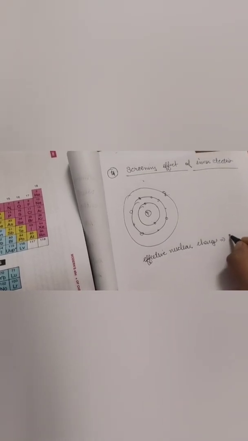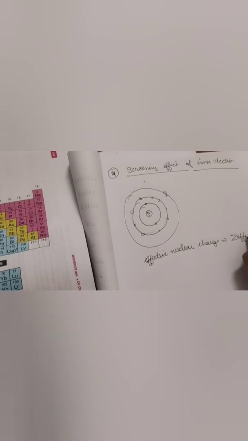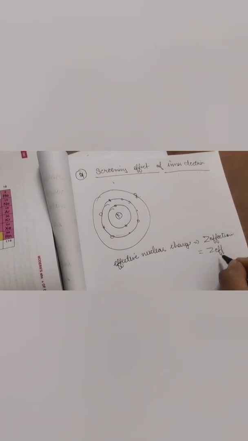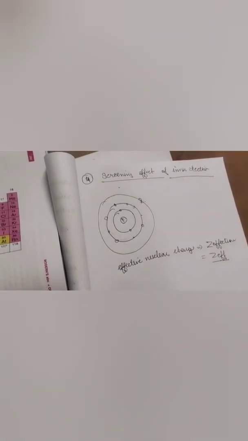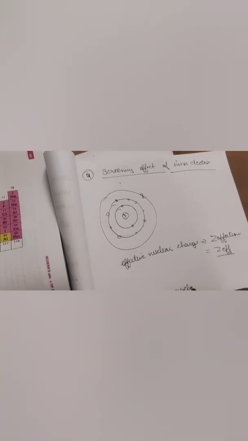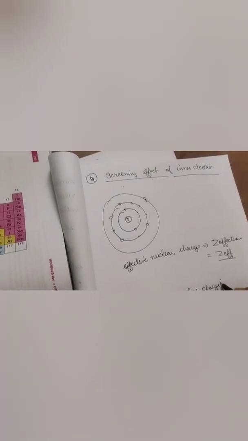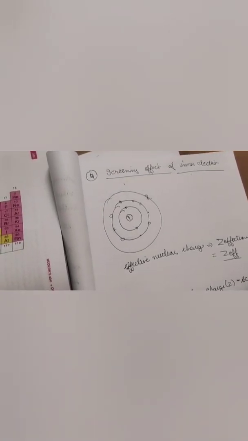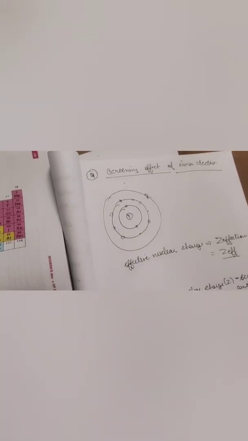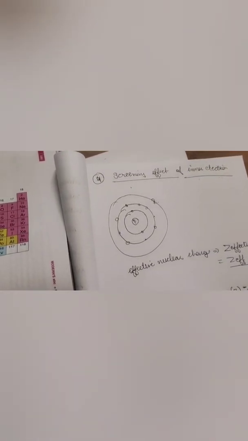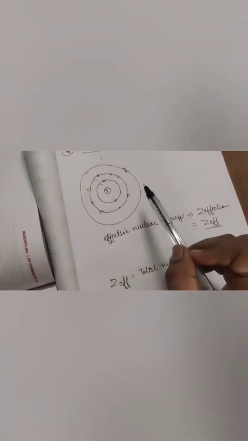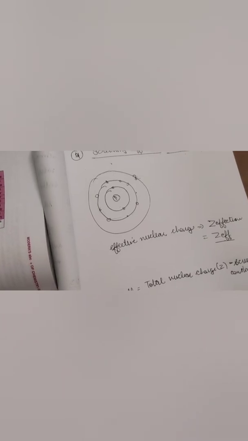and the effective nuclear charge is denoted by Z effective, or we can also denote it by Z effect. Okay, so what is the Z effect? This Z effect is the total nuclear charge, which is Z, minus the screening constant. So that's why the other factor, an increase in the number of inner electrons, tends to decrease the ionization enthalpy. When the electron is shielded, the ionization enthalpy is affected.